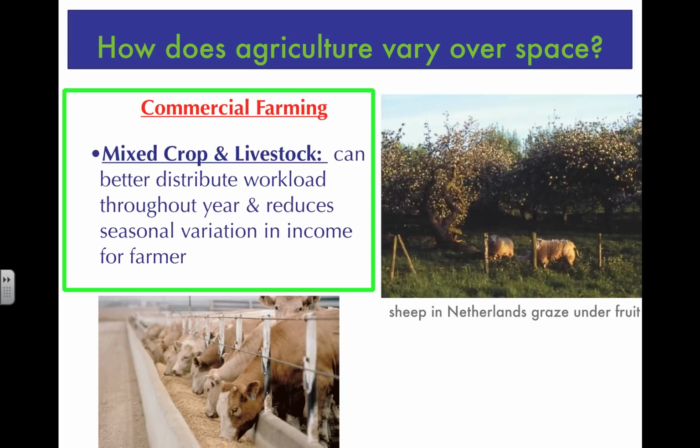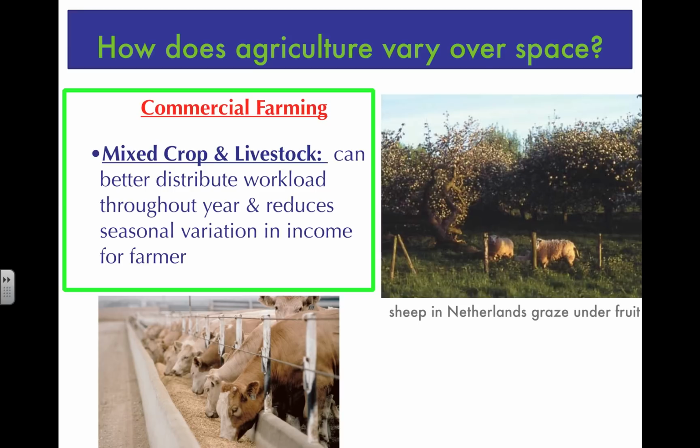Bottom line is mixed crop and livestock farming can help increase the profits for a farmer because the farmer is able to better distribute his workload across the course of an entire year. And typically in farming, there's a cyclical nature to the work. There's the planting, the harvesting, the clearing of the fields, just in a cyclical nature. What mixed crop and livestock allows the farmer to do is, in the periods of time during which the farmer is not directly addressing the crops, he can also address the needs of the livestock, which means that the farmer's profit is not just limited to the time of harvest. There's again a longer period of time during which the farmer can make money